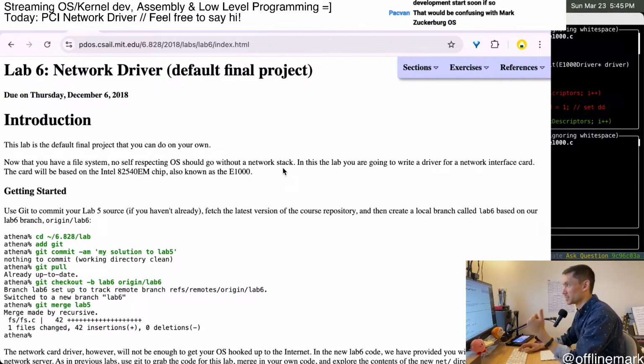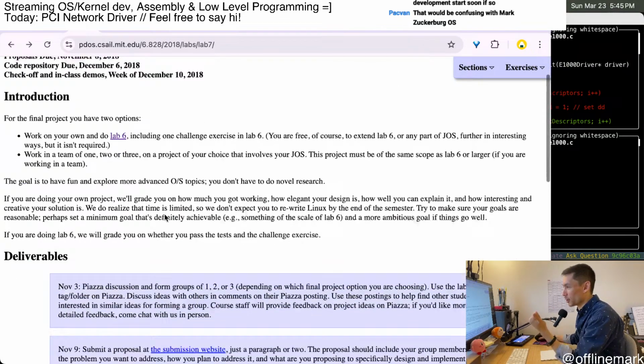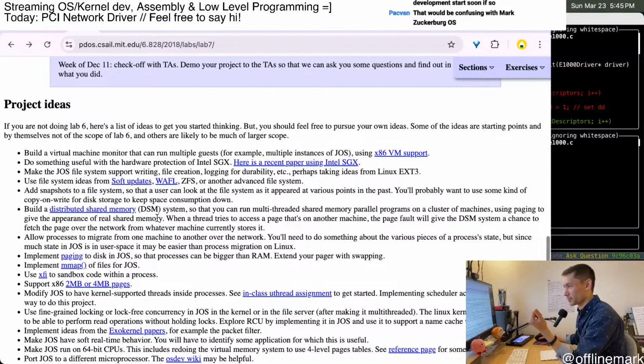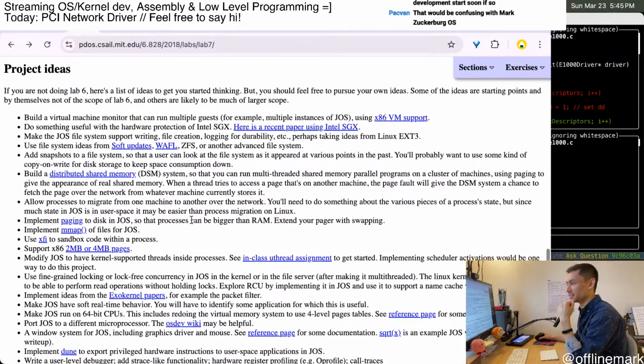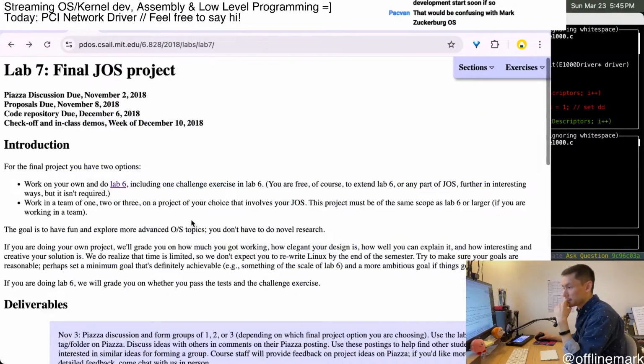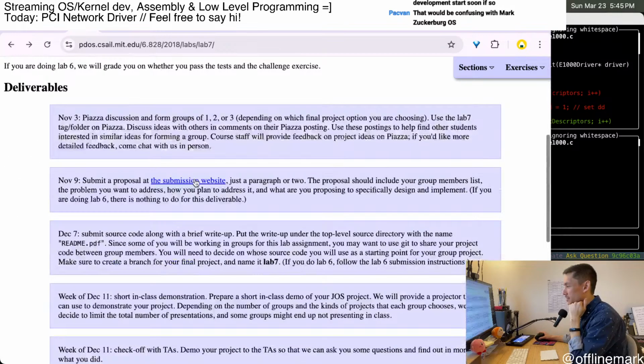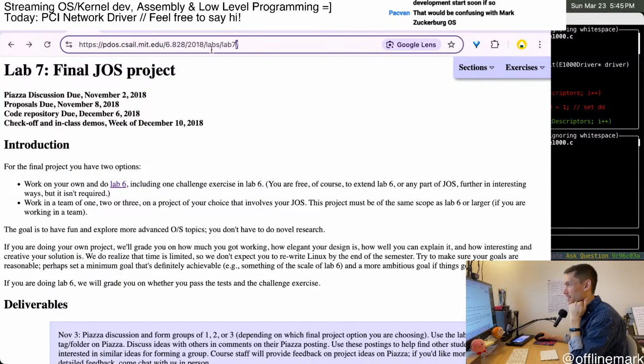It's like the default project. Or you could go out on your own and think of your own final project. And I decided to not do that. So as far as I'm concerned, it's pretty much the final lab for me, unless there's a secret lab 8, which